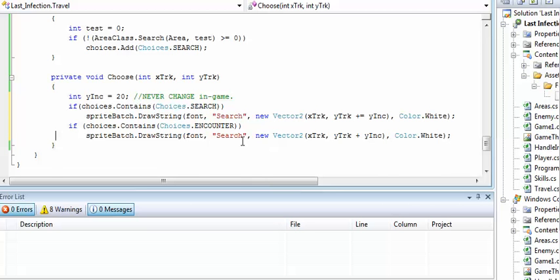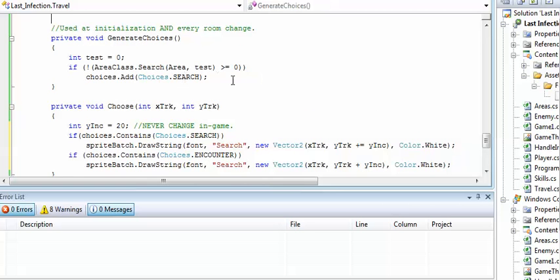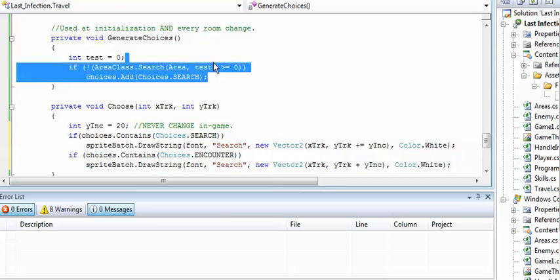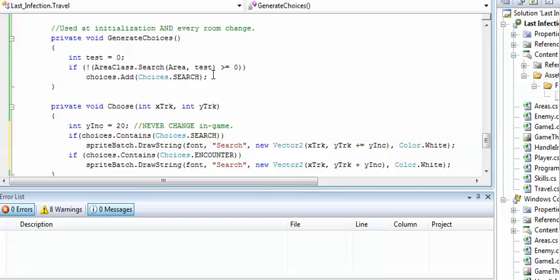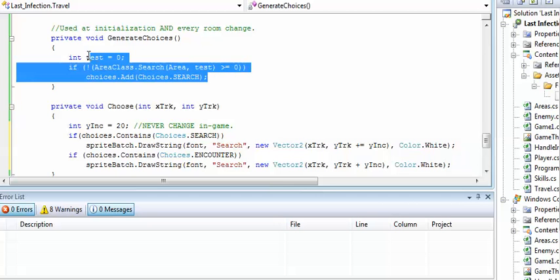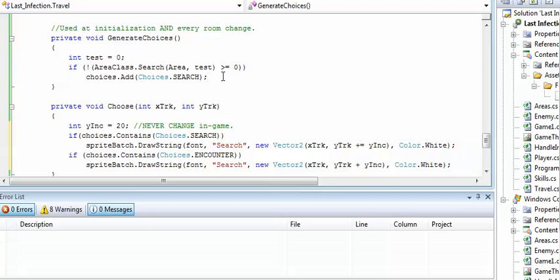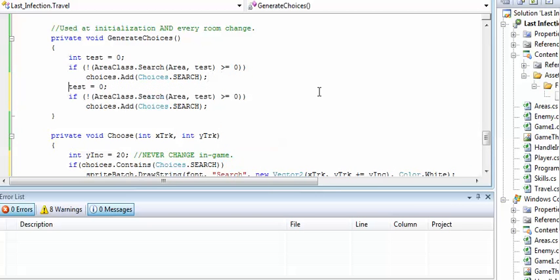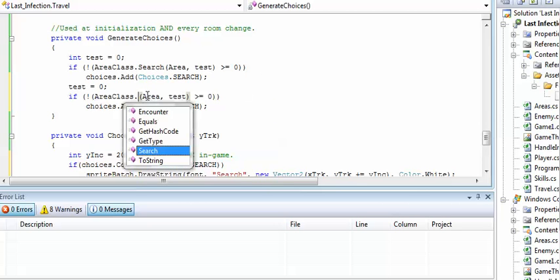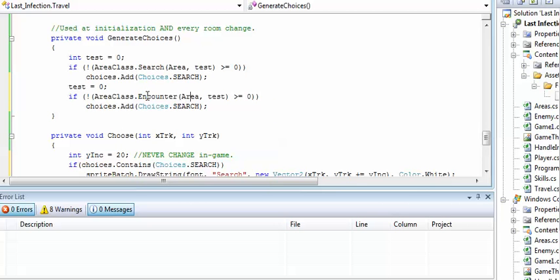And then in order to make this matter, I'm going to have generate choices. I'll copy and paste up to here. There we go. Because test is going to be equal to something. If it goes through here, do encounter. Encounter once again. There. Now the thing is,